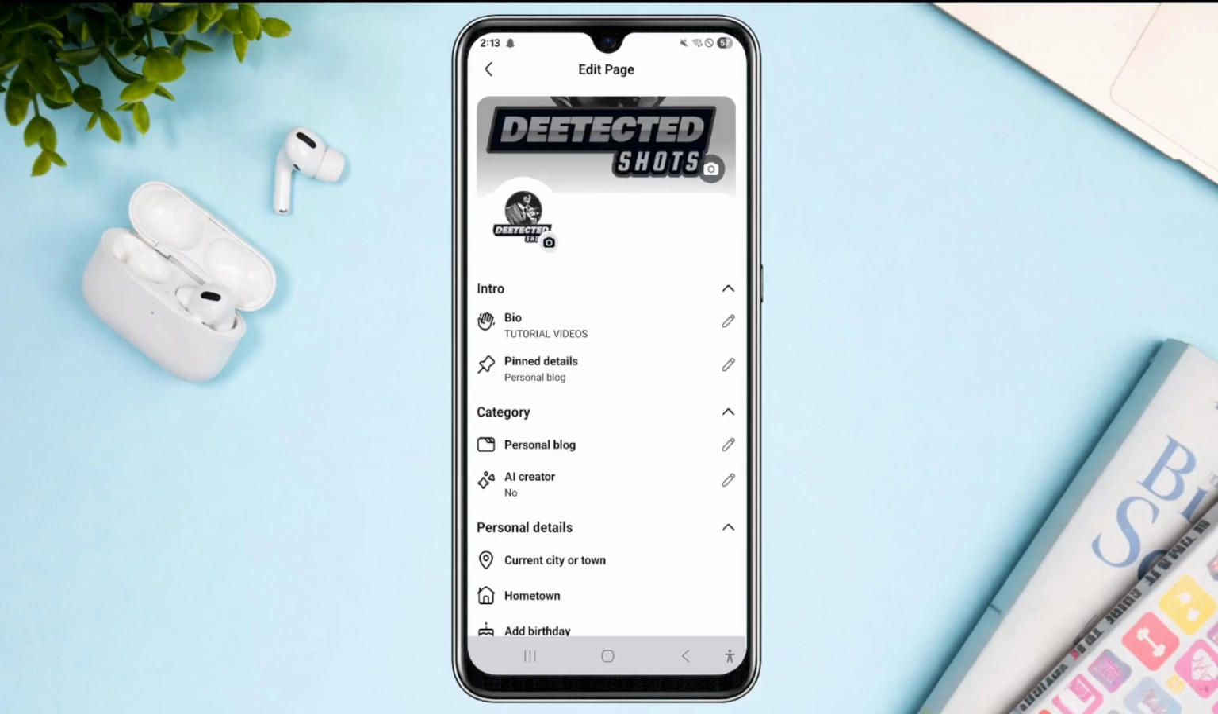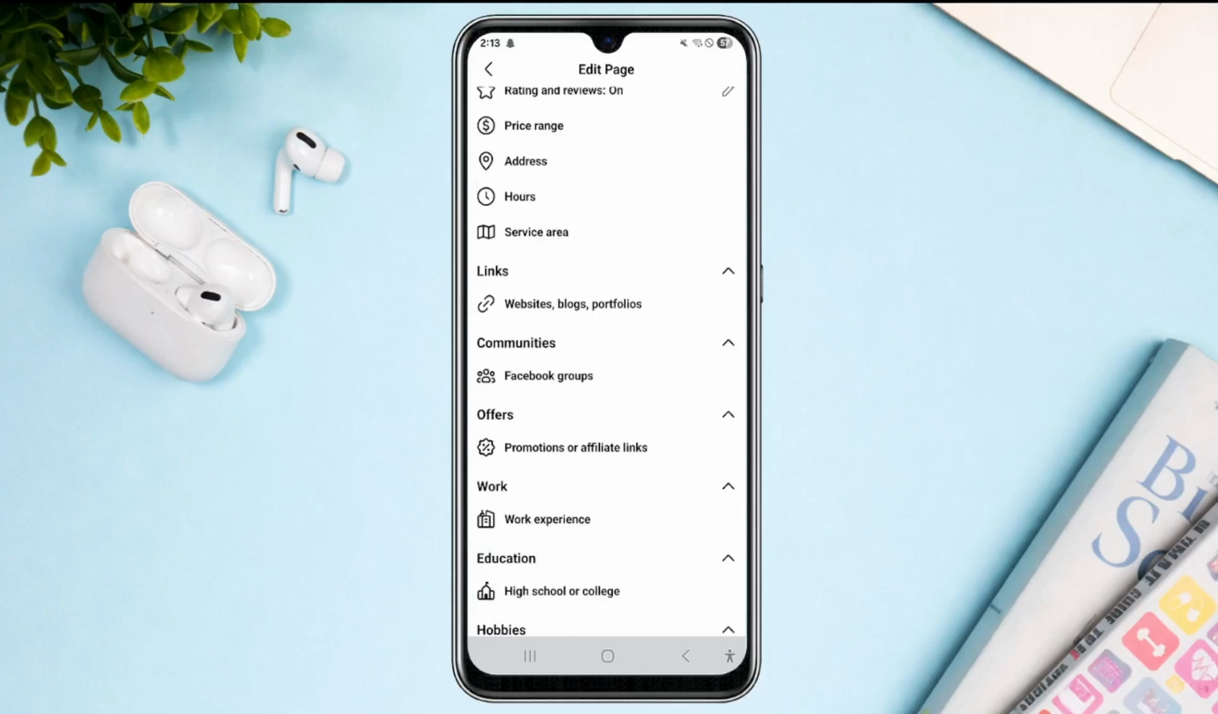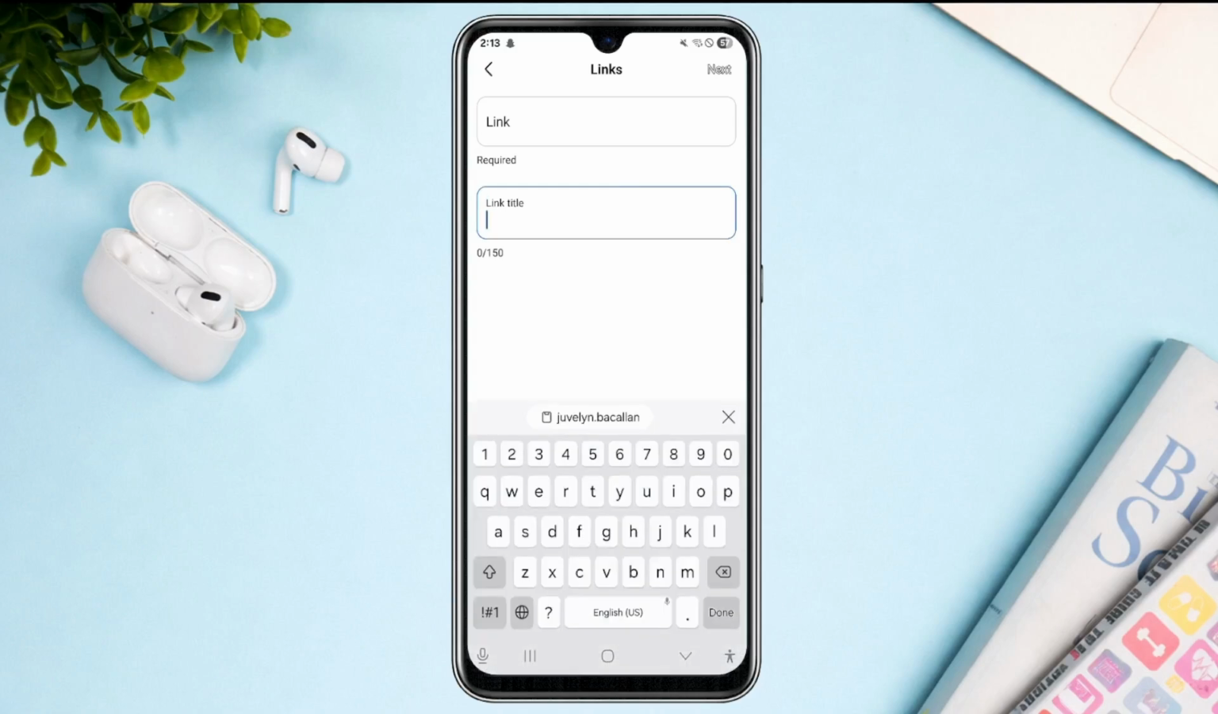From here, all I have to do is scroll down and then under links, choose on websites, blogs, and portfolios. Now on the link title, just simply title it as TikTok. And then on the link part, you're going to type in